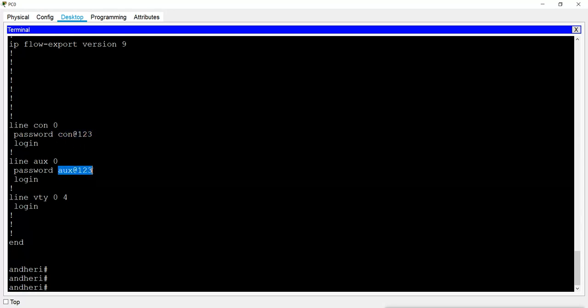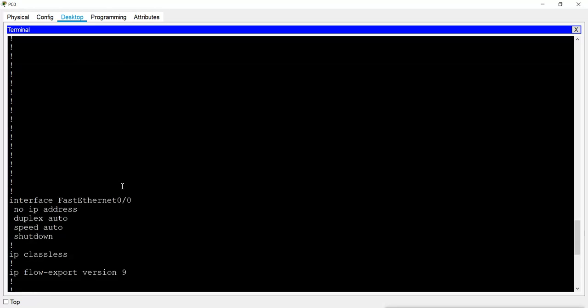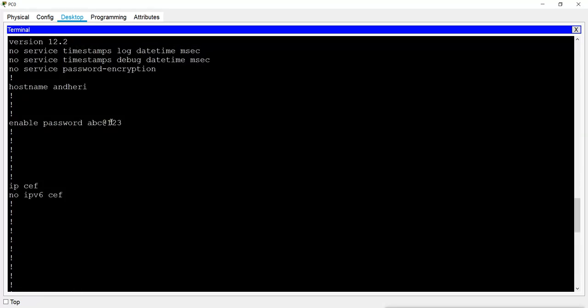And when you see this plain text password, there is no other option here to assign a secret. So you can see the console password or auxiliary password, then you can log into your router, and if you see the privilege password also, then you can go to the privilege mode, and also you can do any configuration from configuration mode. That is why this is not secure. But now we have assigned it.